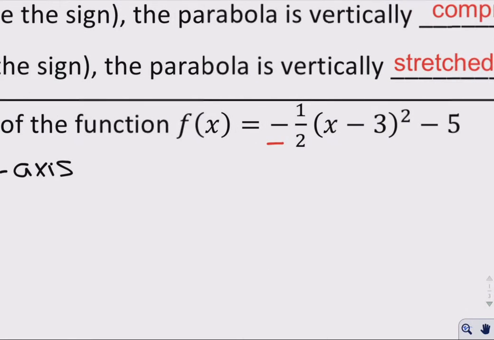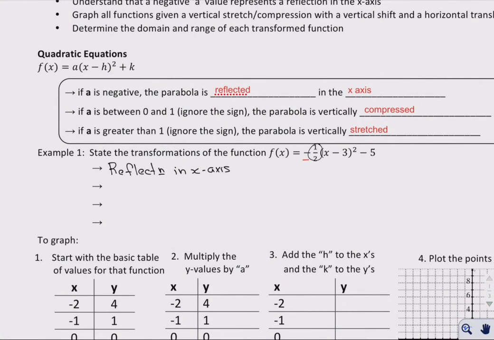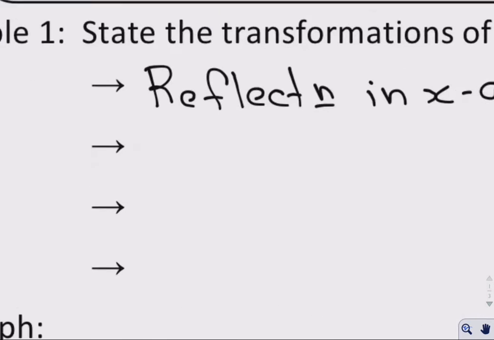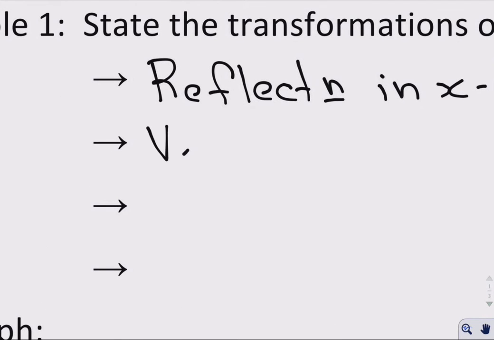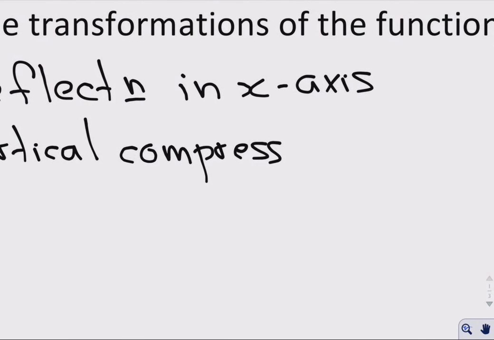Secondly, we're looking at the 1/2 here. Okay, that 1/2, well, that's our a value based on what we read above. If a is between 0 and 1, ignore the sign, the parabola is vertically compressed. So here we have a vertical compression by factor of